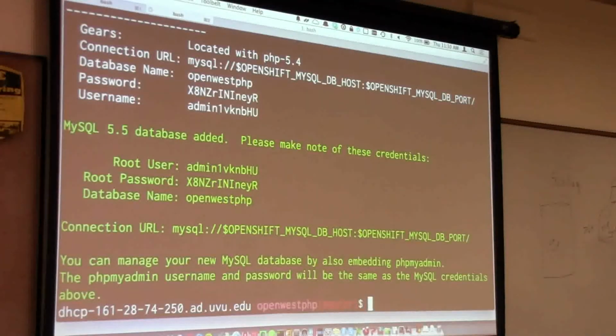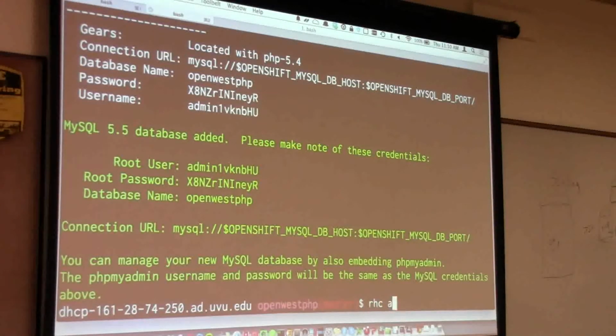All right, so our database has been set up and running. Here's our username and password. It created a default database. So the next nice thing you can do with the platform as a service is, this platform as a service automates all this stuff for you, so you don't need to go in and manage the system. But if you wanted to, you can.